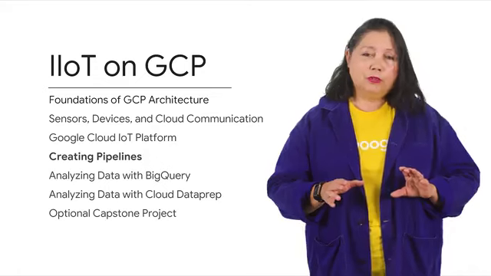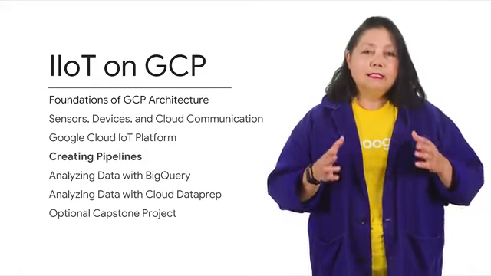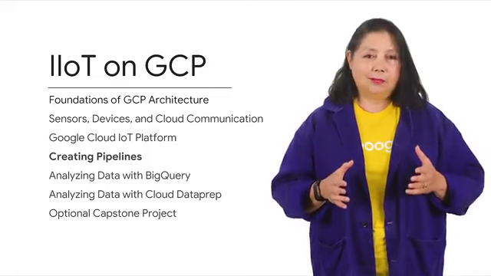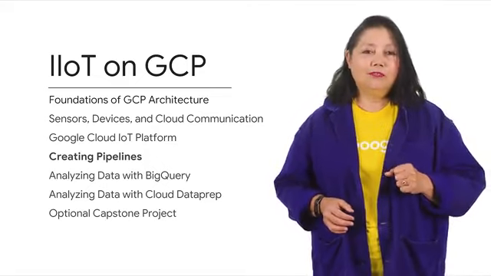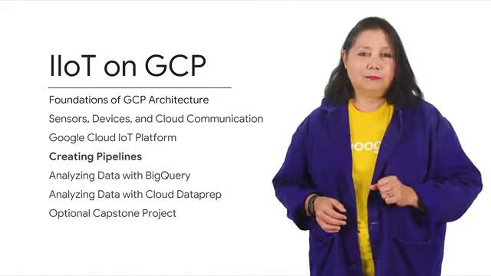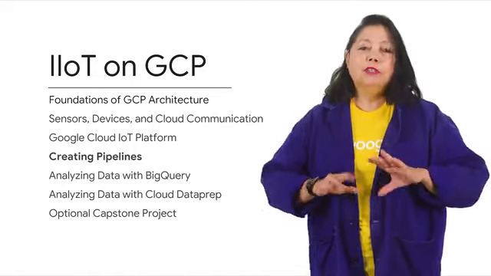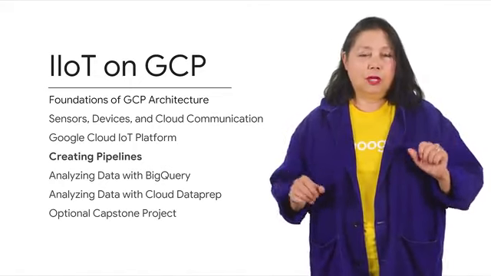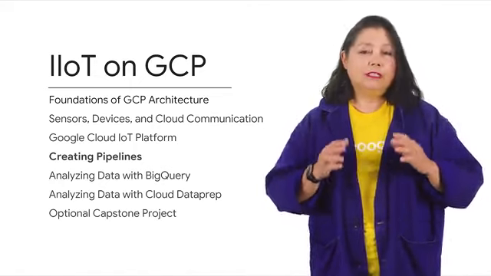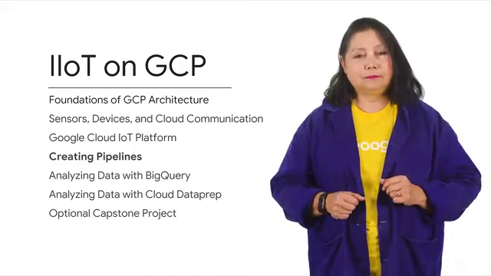The fourth module, Creating Pipelines, leads the student through a complete IoT on GCP data pipeline. You use simulated devices to create a pipeline and store data on cloud storage. The lab in this module uses all the skills you've learned in Module 3, combining each of the services into a fully integrated streaming data pipeline.